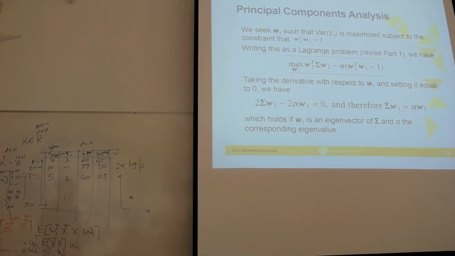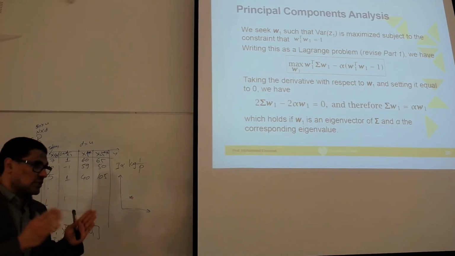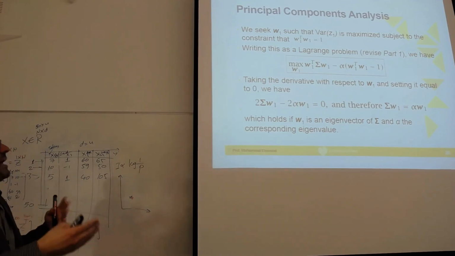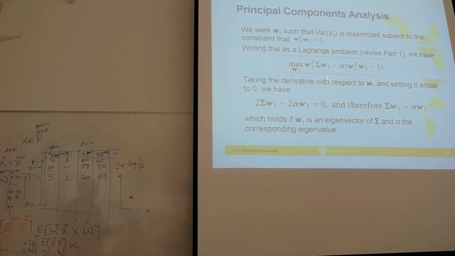What we need is to maximize the variance, but at the same time we should normalize our vector, because here our vector is only for the direction of projection, not the scale, because the scale can be anything. So the scale doesn't matter. So we put W1 transpose times W1 equal to 1 to guarantee that it is only the direction that we are looking at, not the scale. As we explained before, every vector has magnitude and direction.